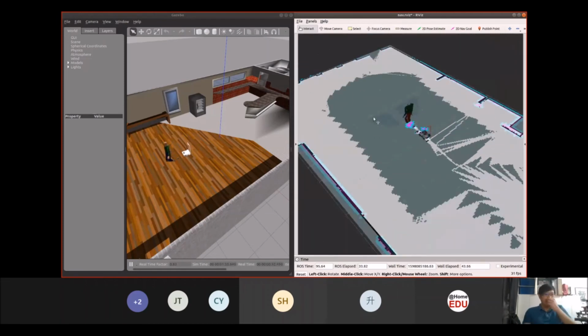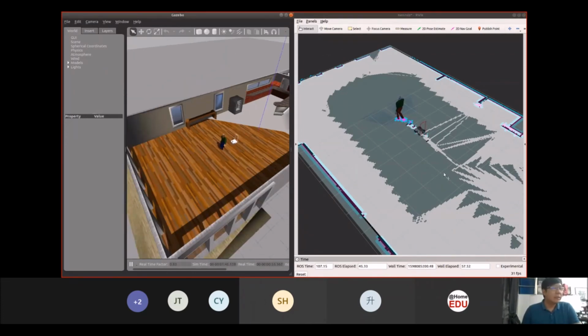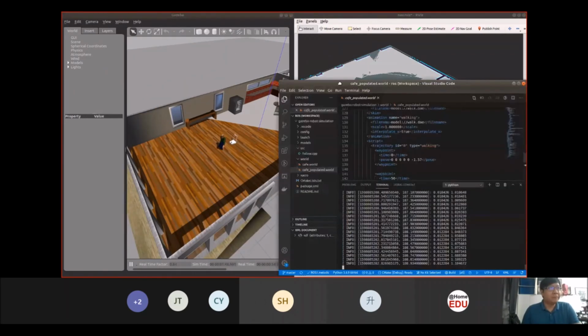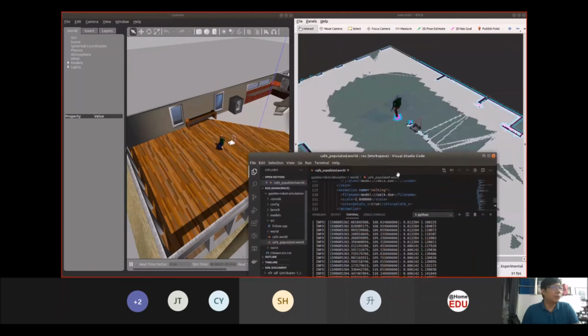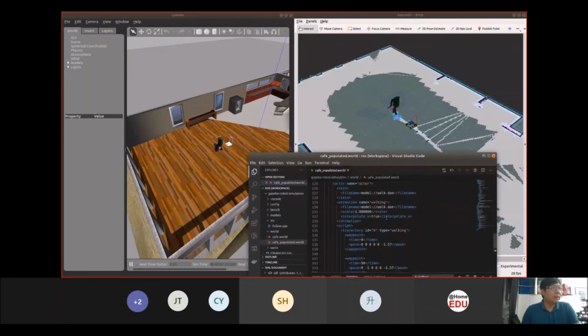For this basic example, the human will actually teleport at the end, because we need to define where the human is walking to, and also what speed the human is walking at. As you can see over here, we have the walking model itself from the repository.